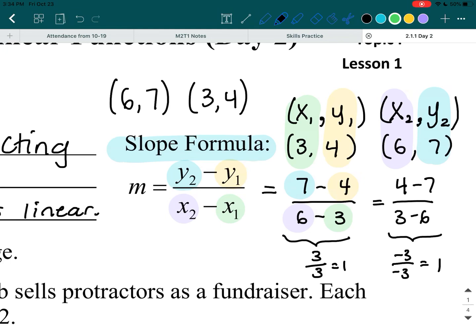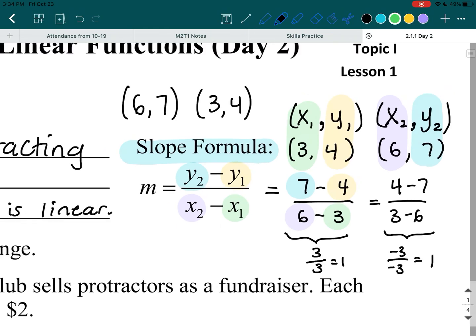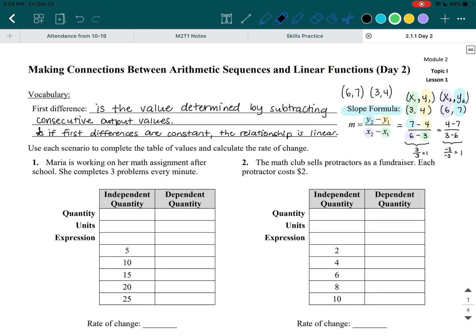So it doesn't matter which point you put first, okay? It does not matter which point you put first. All you have to do is subtract the y's on top and subtract the x's on the bottom, okay? So this is the slope formula and one example. And so going back to